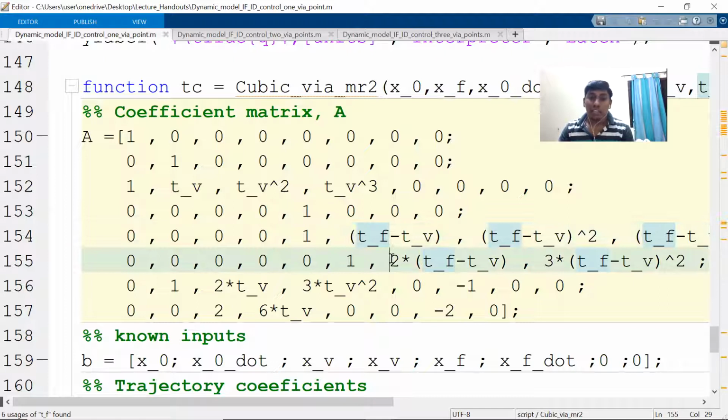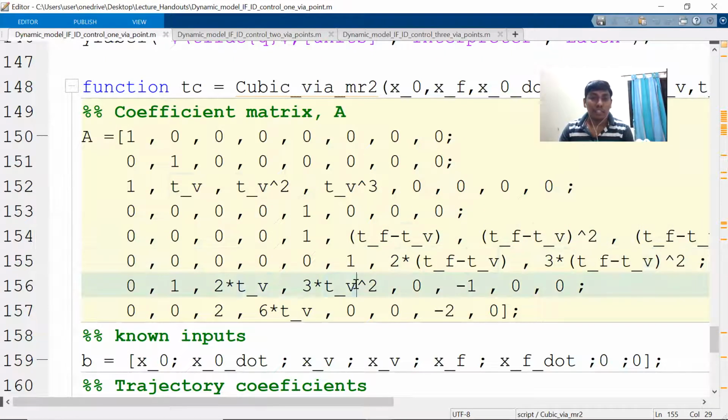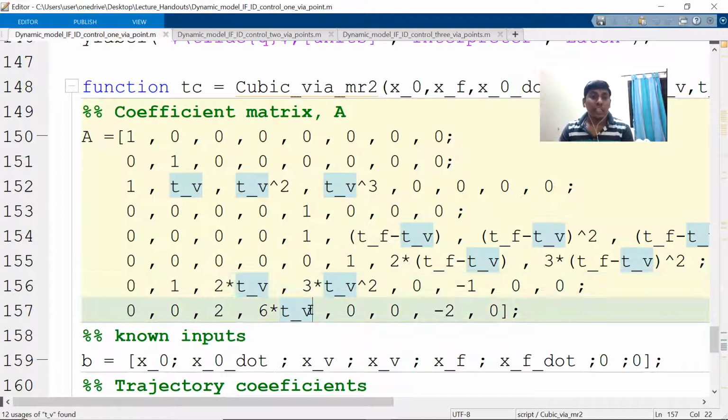Then this is the second segment final velocity, and this is the velocity relation where we consider the final velocity of the first segment would be the initial velocity of the second segment, and the final acceleration of the first segment is the initial acceleration of the second segment.